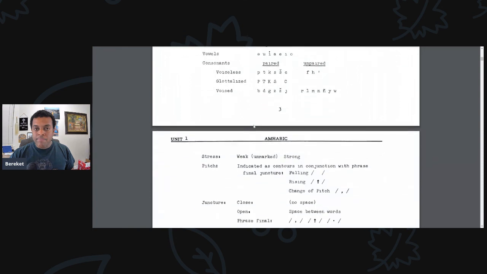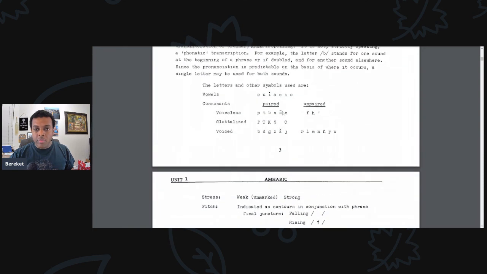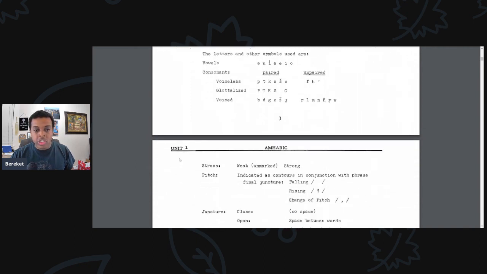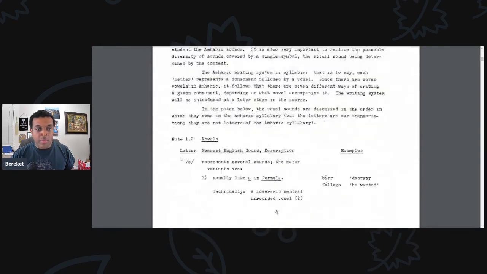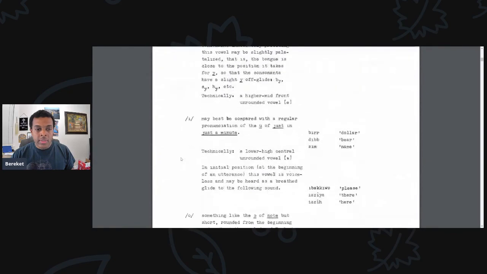A couple other consonants probably to point out with the upside down hat there. For the S, it's a sh. And then with the Z, it's a zh sound. This N with the tilde is ñ, kind of like in Spanish. And that's one of the sounds I wanted to actually point out. If we jump down to 1.3.1,